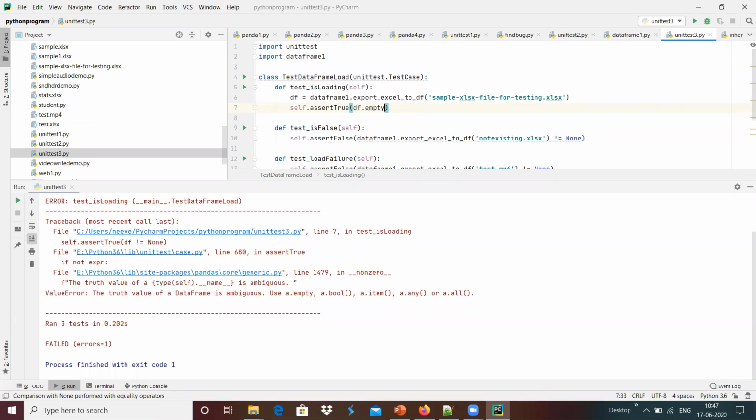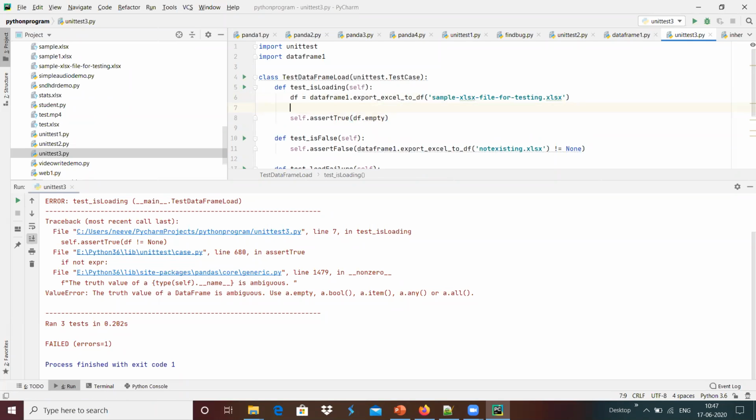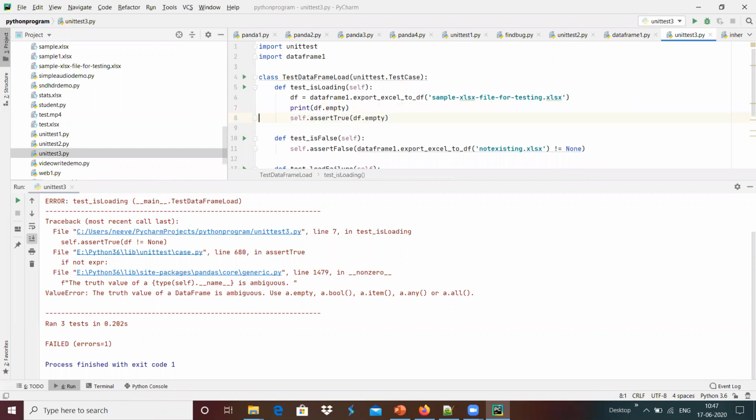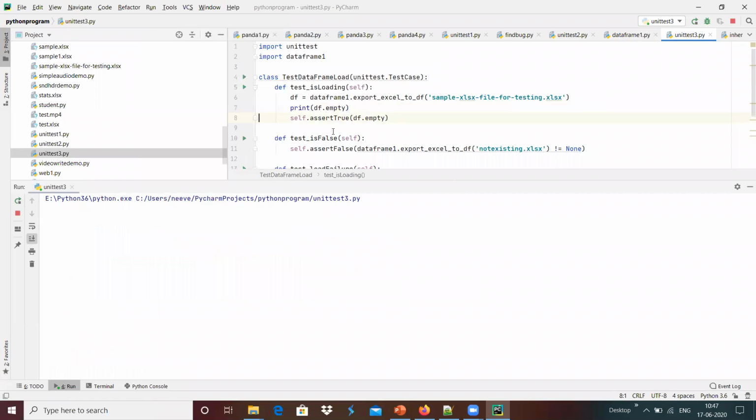df dot empty equals true. It should be something like, maybe I am going to do print df dot empty over here, and maybe we can validate how it behaves, and I'm going to run.